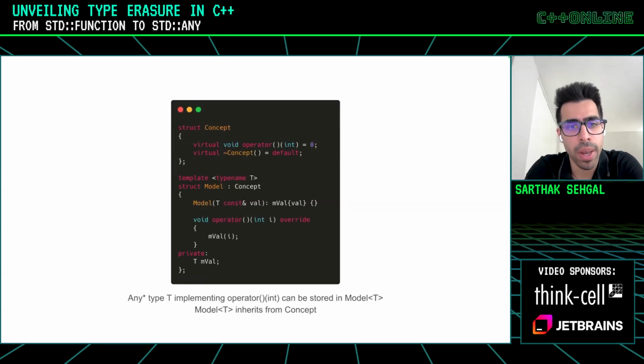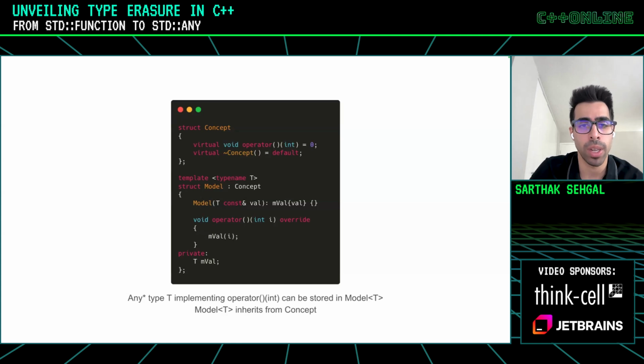So in this slide, I've defined a concept struct and a derived model, whose base class is this concept. The concept is an interface, as it contains a pure virtual method. The function call operator takes an integer, returns void, and it has a virtual destructor just to ensure that destruction is correct. And then the interesting thing is this model is a templated structure. So it inherits from a structure which is not templated itself, but the model structure is templated on a type